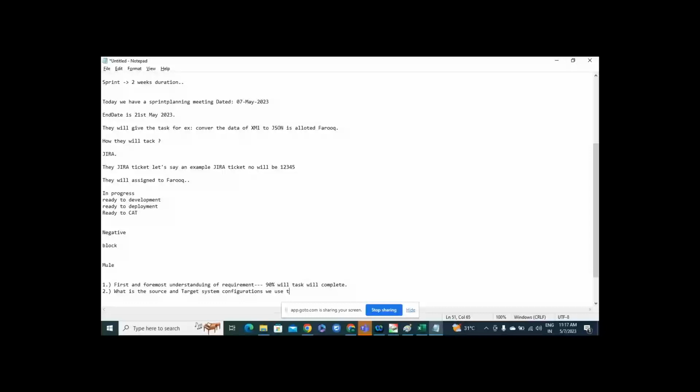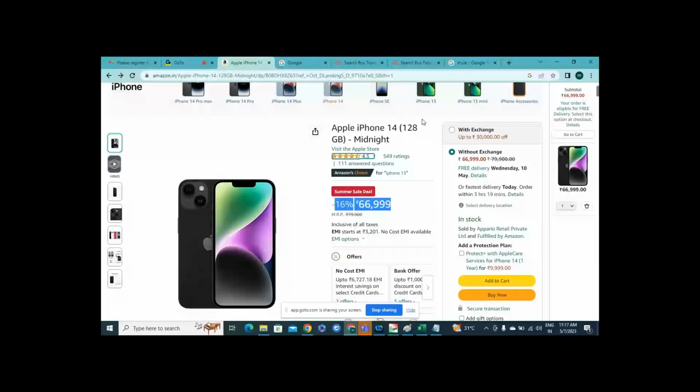Then we need to take those configurations and give them to the systems. Meaning, whenever you use the Amazon website, without logging in I cannot do any shopping. I need to provide basic details like my username and password. In the same way, to interact with the target system and source system, they will provide some configuration. We need to build it.